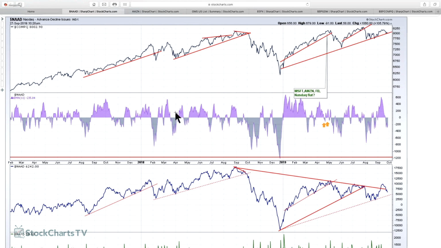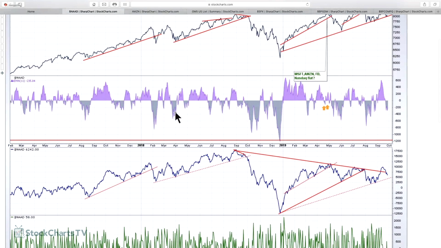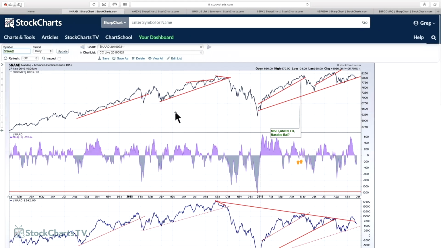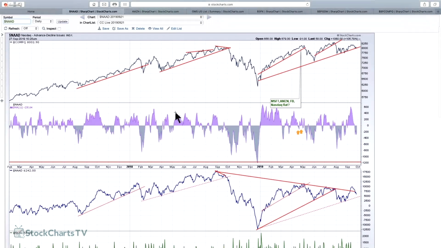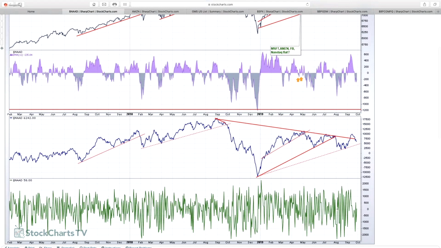So with that, I want to show the advanced decline line, and I've shown it a couple of different ways here. Maybe I'll just shrink the screen a little. One of the things I like to show on here is this: down at the bottom is the raw data, and just the raw data, I don't know about you, but I can't find any trend in that. So that's a bit of a problem.